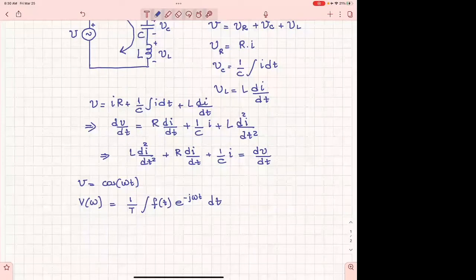Okay, so I create this transformation. And why? Well, people knew about these kinds of transformations, all right? But why is this particular transformation very interesting for us? Because if your function here, your f of t, is a cosine function,